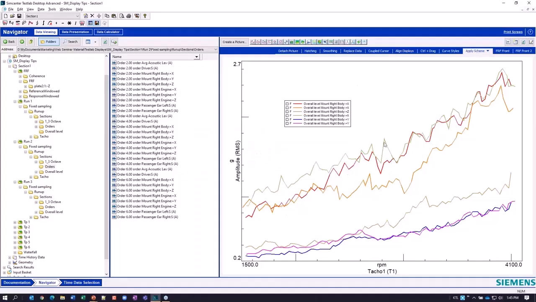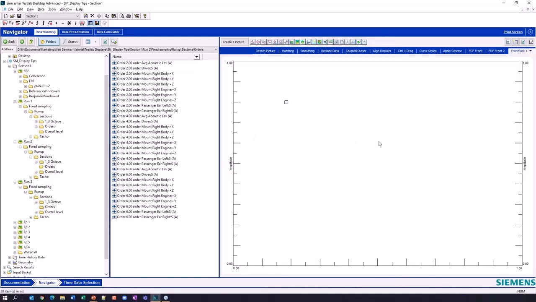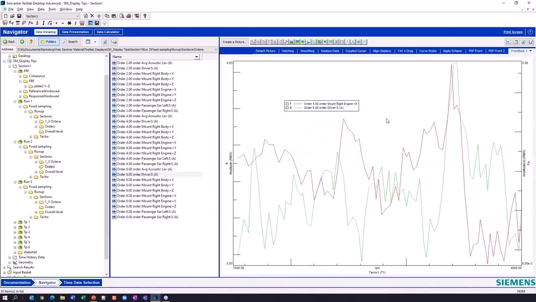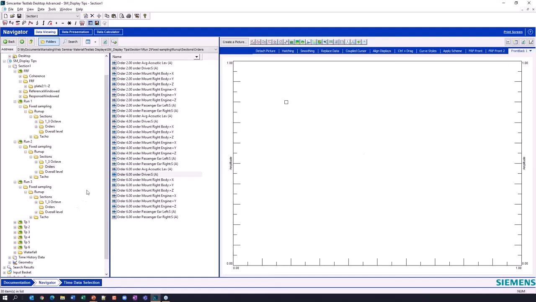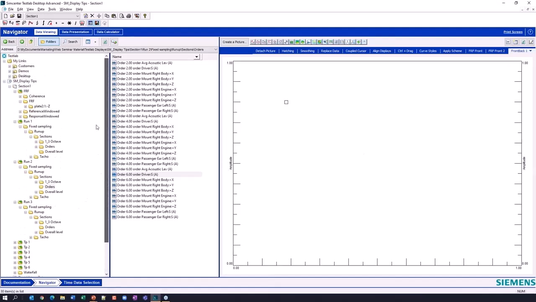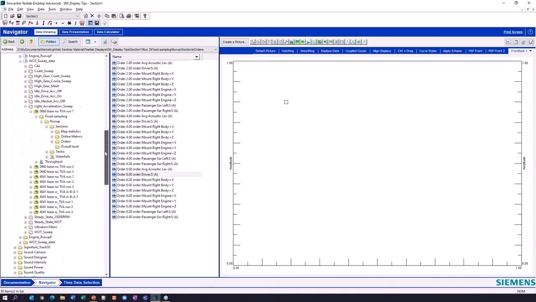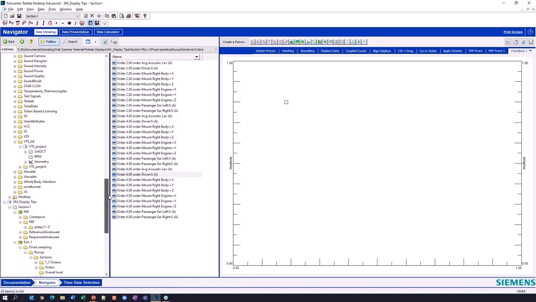So if I go back into TestLab, you notice I can certainly create any of my favorites up here just by clicking on this, and I'll get a brand new front back. I could then drag and drop some data in here and plot my data that way. But let's say I want to do something a little bit more sophisticated, or I'm tired of adding this data over and over to a plot format. I'm going to show you an example where, let's say I want to test to a target. Okay, so I know I'm going to go out and test a vehicle or something, and I've got a target line, and I want to look at that data instantly versus a target.